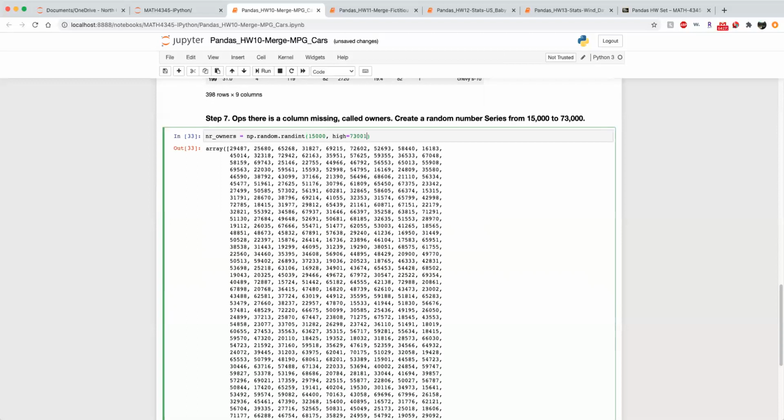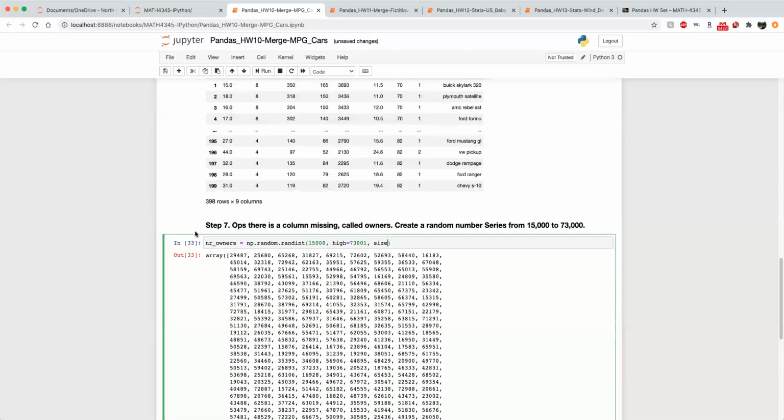Okay, you know why we put 73,001, not 73,000? Because in Python the last number is not included. Okay. So, and then size is what? How many rows here? You see that? 398. So size must be 398. Then data type equal to